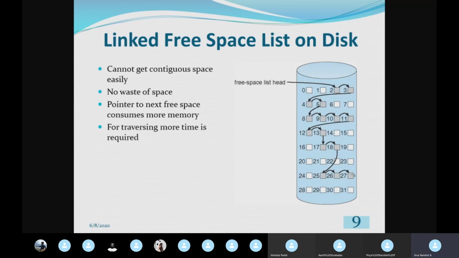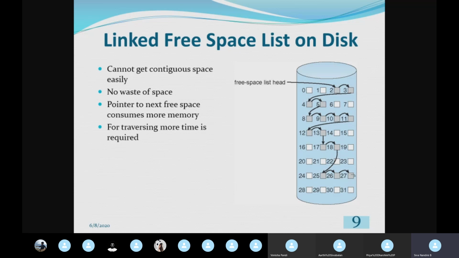Okay, then if you see, for traversing we need more time. Here also, to find something in a list, we have 100 free logical blocks in the disk space.